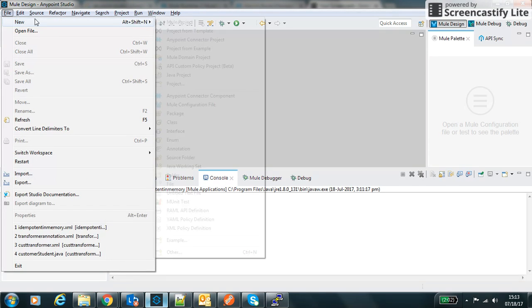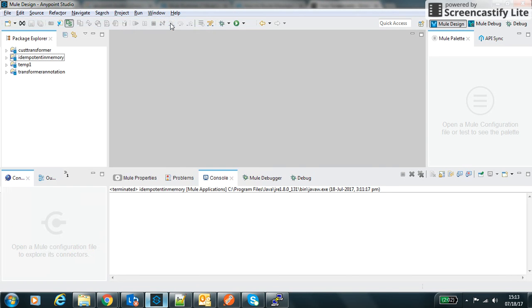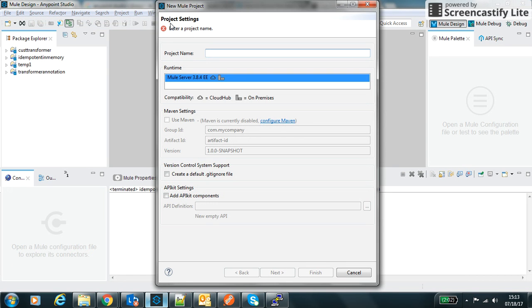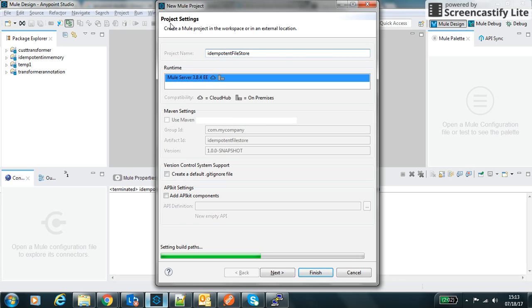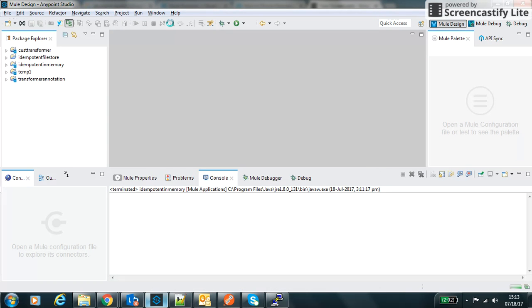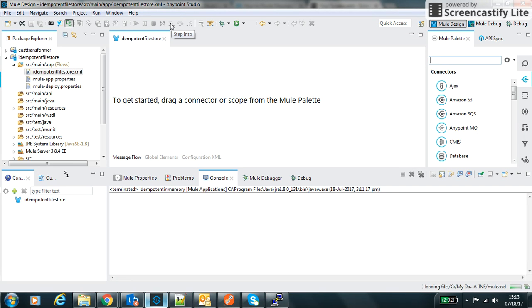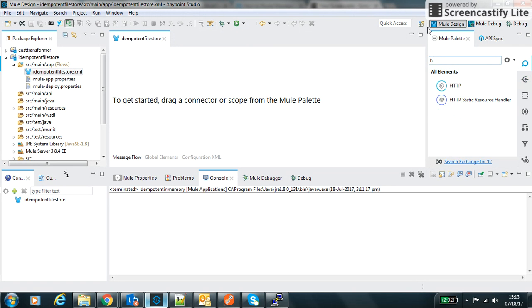In this video, we will learn how to create the idempotent message using the text file. So let's name it idempotent file store. We will use a file where we will persist the ID of the idempotent message so that the system can check across it. So first of all, we will use the HTTP